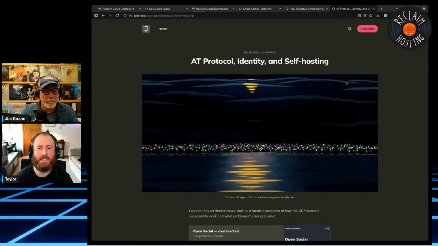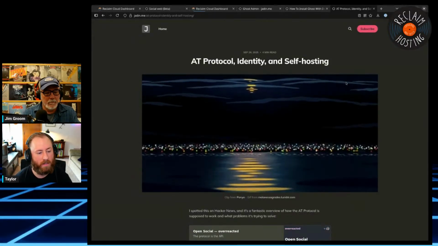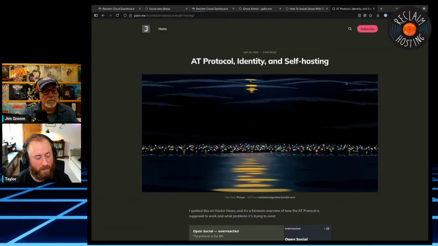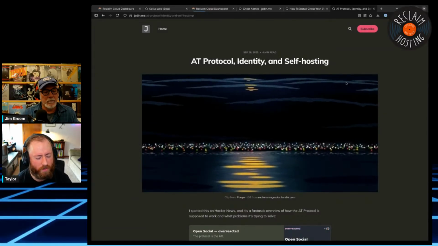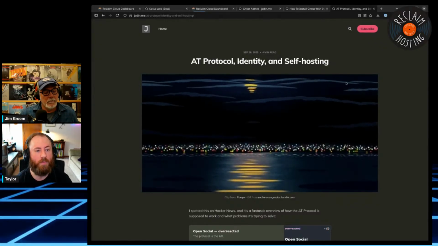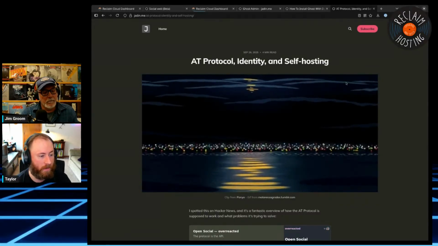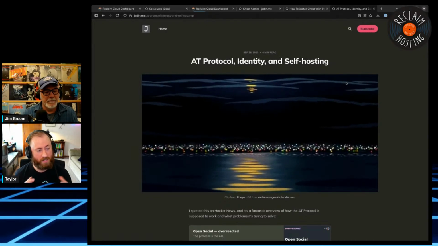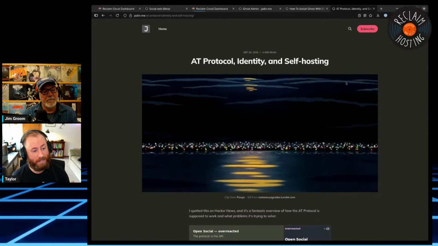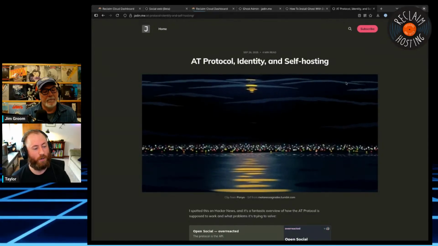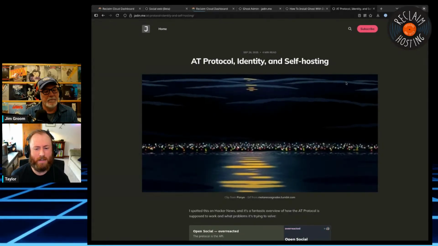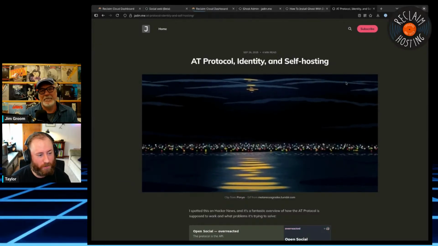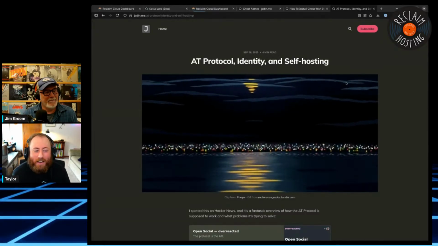But the flip side is, if you wanted to have an alternative to Bluesky that you hosted, first of all, that doesn't exist right now. You'd have to make that. But the infrastructure you'd need requires you to index all of the posts on AT Protocol. And so the current estimate is if someone is able to do that, they would need a 2 petabyte server of storage to do it. And I'm like, yeah, okay.